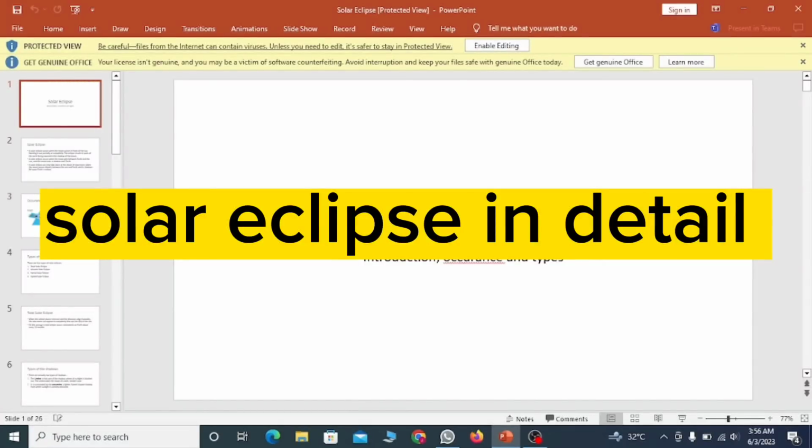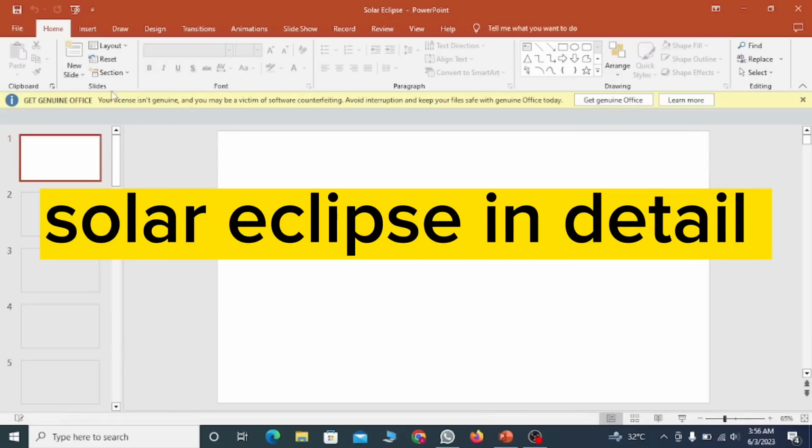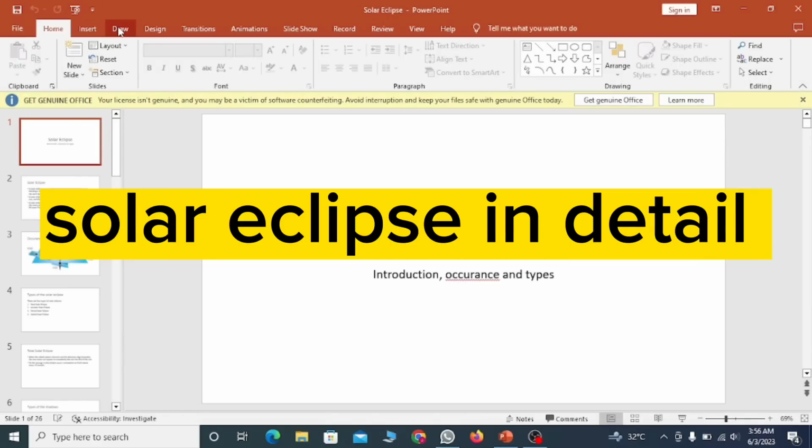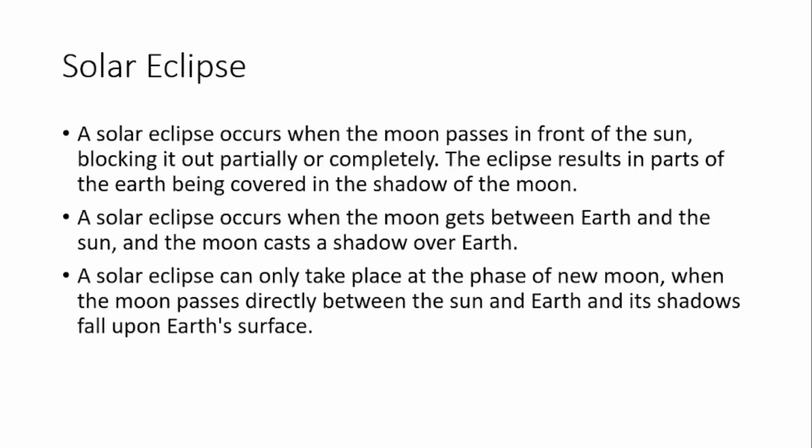Today in this video lecture we will talk about solar eclipse. What is a solar eclipse? Like here, the definition says that a solar eclipse occurs when the moon passes